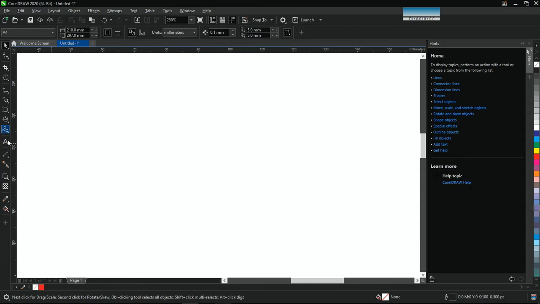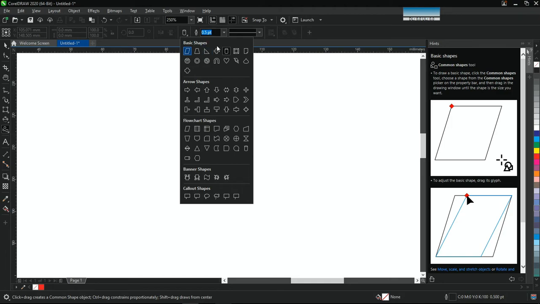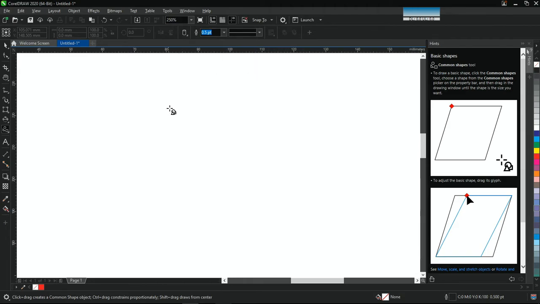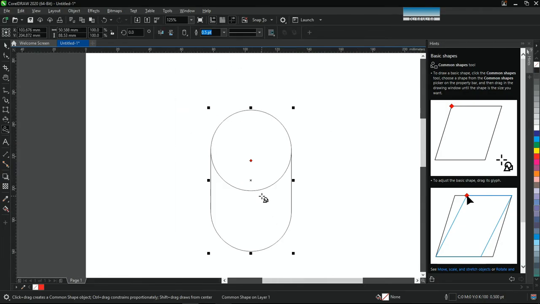Okay, the next one we'll be looking at is common shapes. So we have common shapes here. If you click here, we have different shapes there also. We have the basic shapes, the arrow shapes, the flow chart shapes, the banner shapes, and callout shapes. So for example, I'll be making use of this cylinder. I just drag here. You can also adjust the shape by making use of your shape tool. If you want to adjust it,